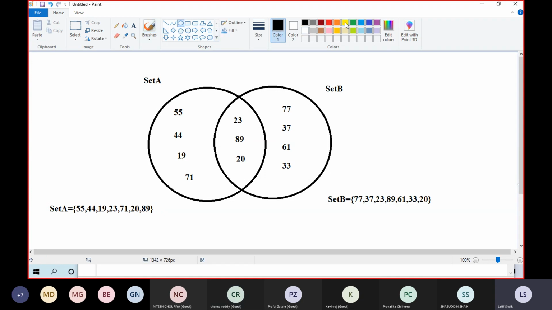You can try to understand from here. Different colors you can put.